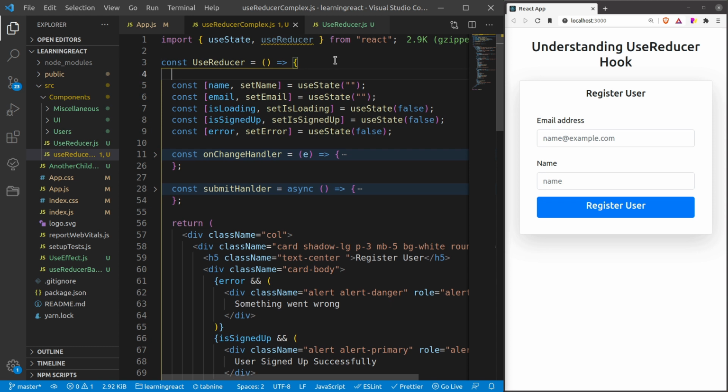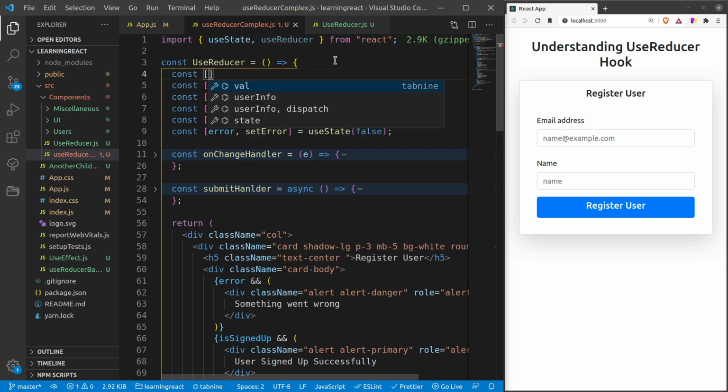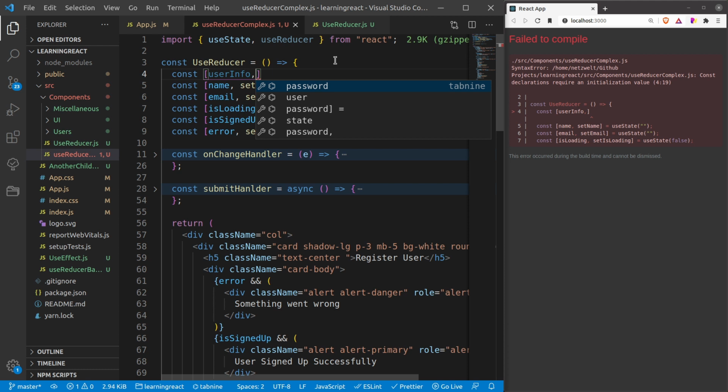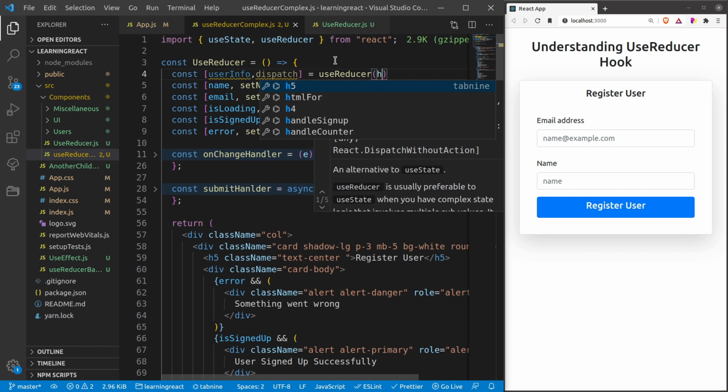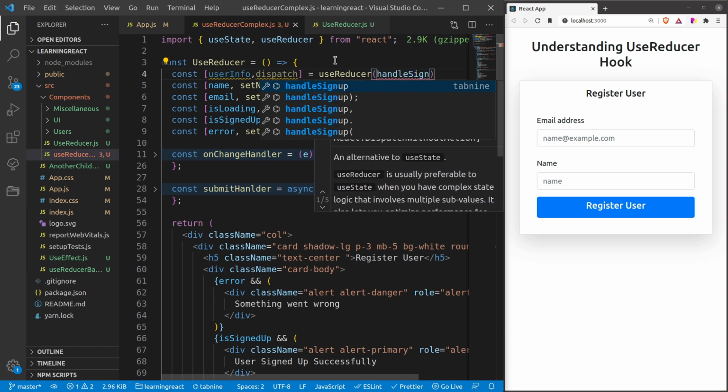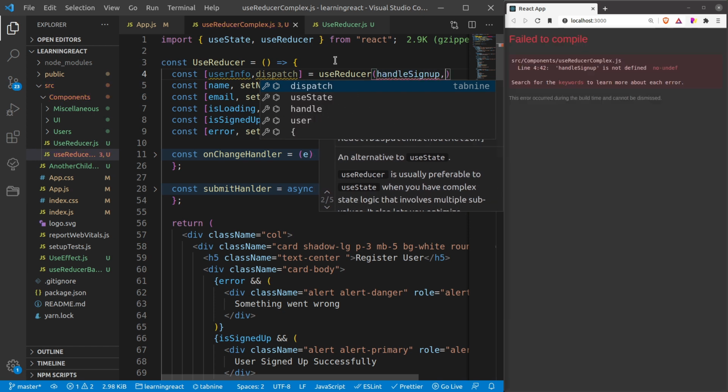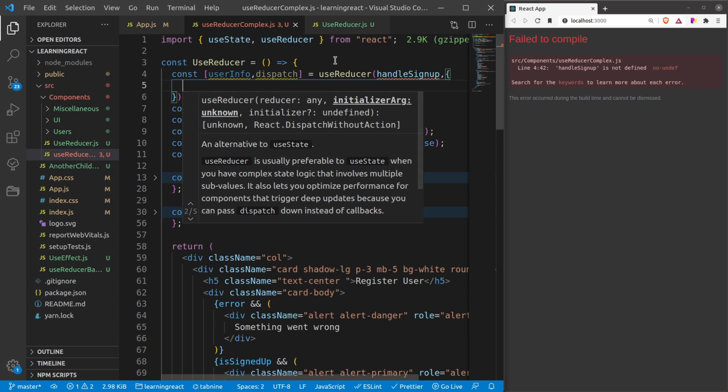So let me also define const userInfo, because it is going to be user information, right? And then dispatch, right? And then useReducer, and then there is going to be a handleSignUp method, and then I need to provide the initial state.